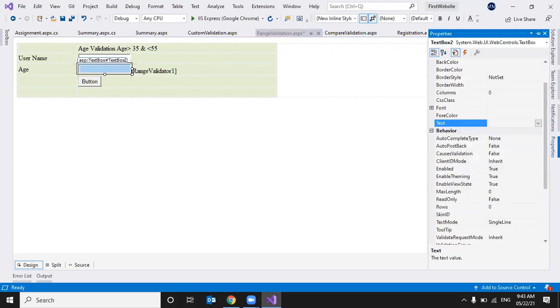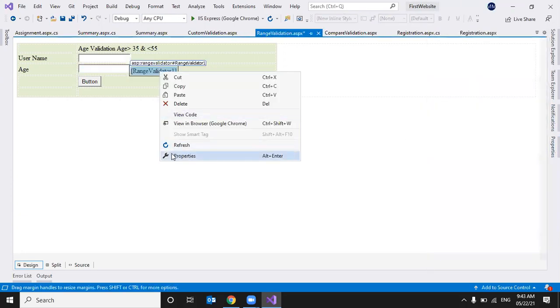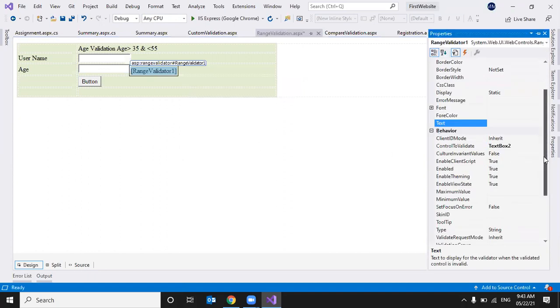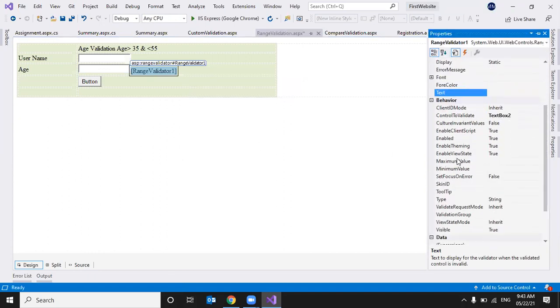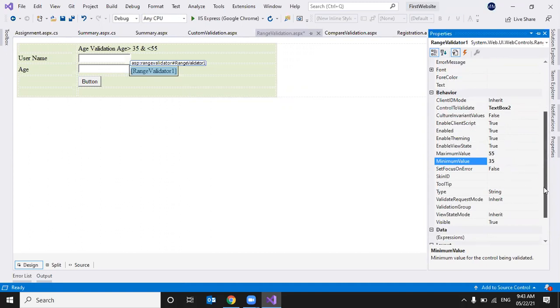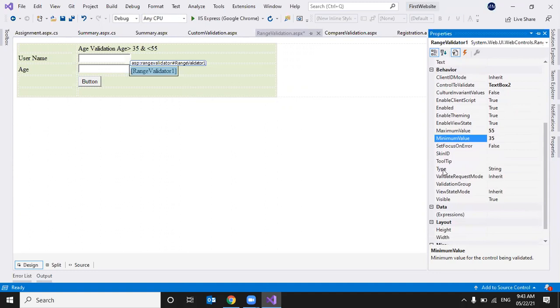If you want to name it, we can change the ID. Next, here we have min value and max value. Min value I'm setting 35. Oh, sorry, max value I'm setting to 55, and min value is 35. What is the type of values we are going to compare?